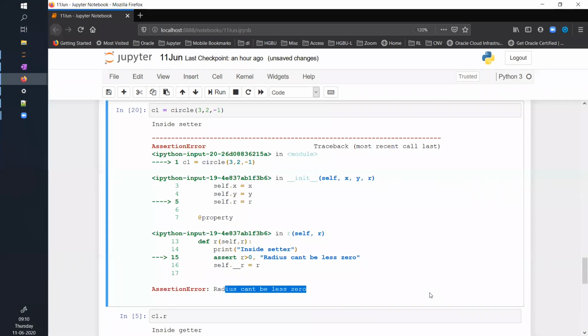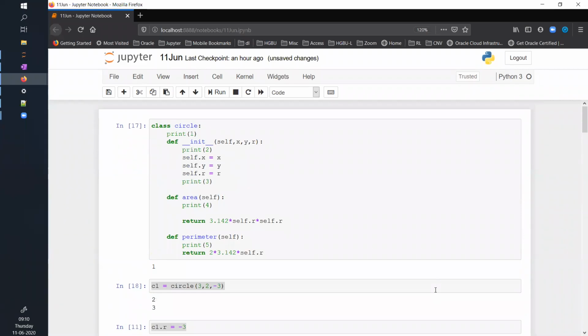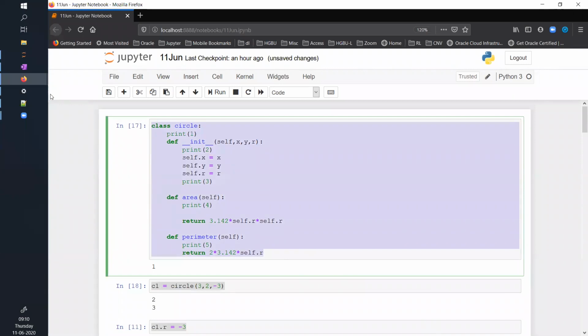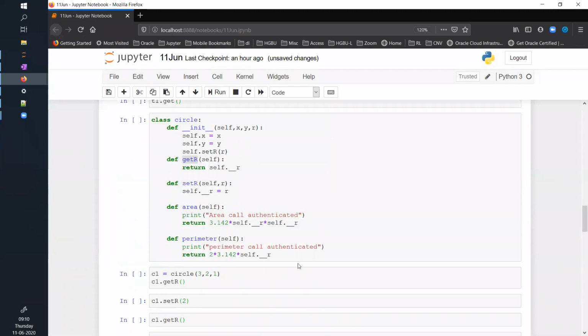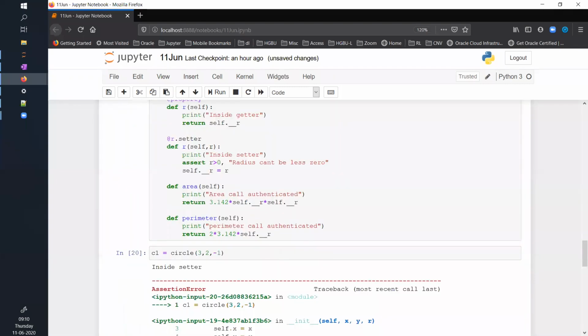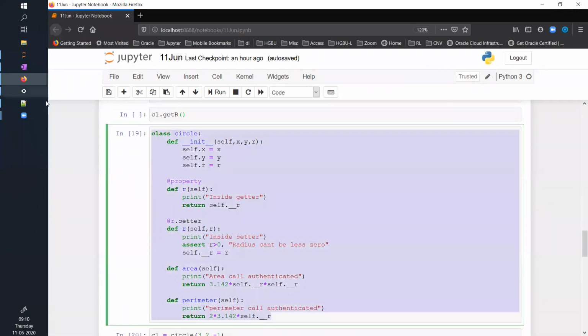So now on similar lines, you will need to solve the assignment problem for today. Make sure you try all the 3 approaches that I discussed. First approach was this, your basic approach. It will help you to practice these things. Then you create some functions like getter and setter methods, get r and set r, and then finally you make this backward compatible using these decorators. That is the intention.